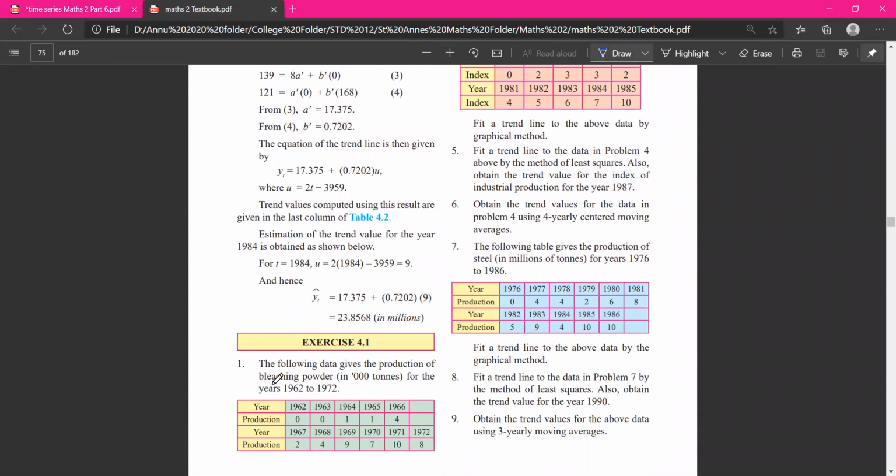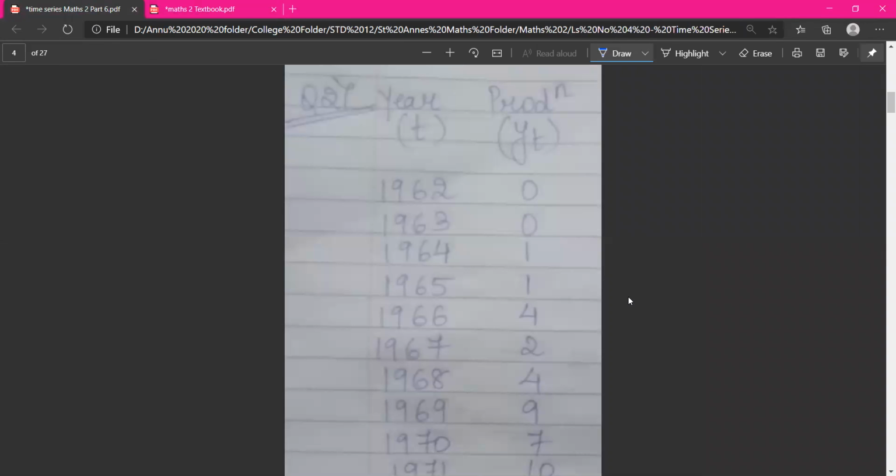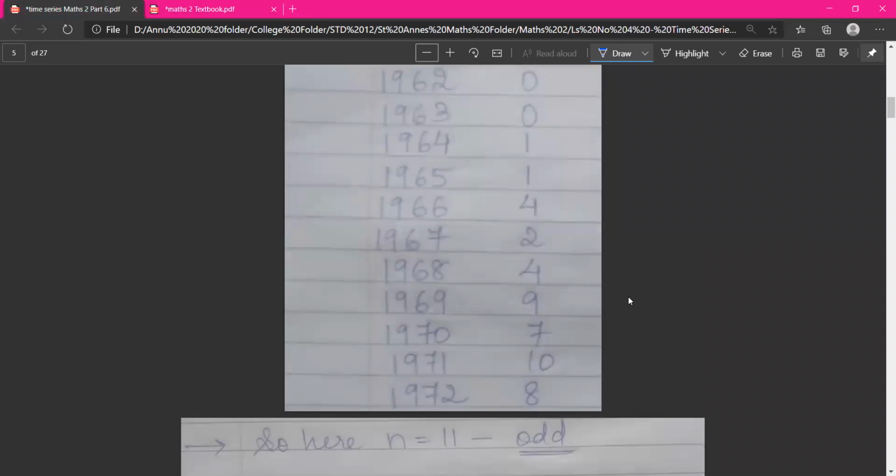तो as you can see class, अपने को कितने years दिए हैं count? ऊपर 5 नीचे 6. That means 11 years is given to us. ठीक है? Now also they are asking us to find the value for 1975. तो आपने देखा 1972 तक तो they had already given us. Now they are telling us to find till 1975 का क्या है? But before that we have to find the least square से the trend line equation. So this is how the question I have written class. The आगे वाला stands for t and second वाला is y of t.